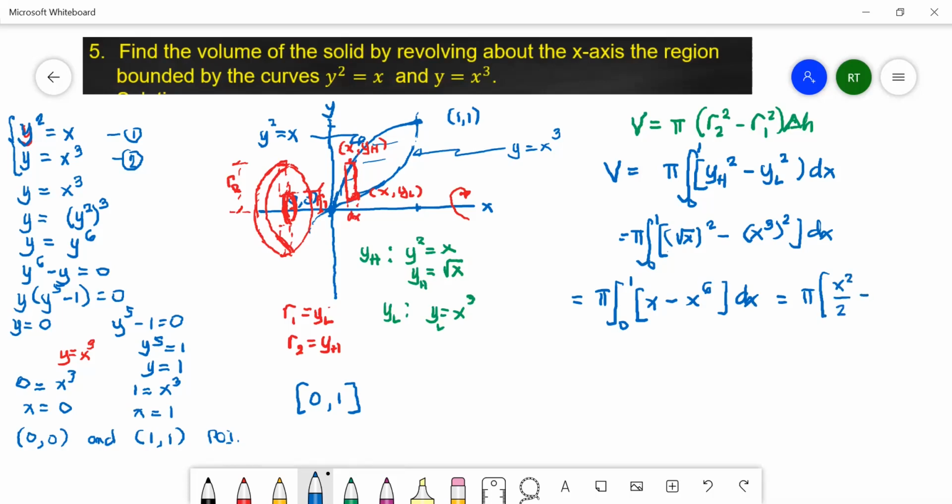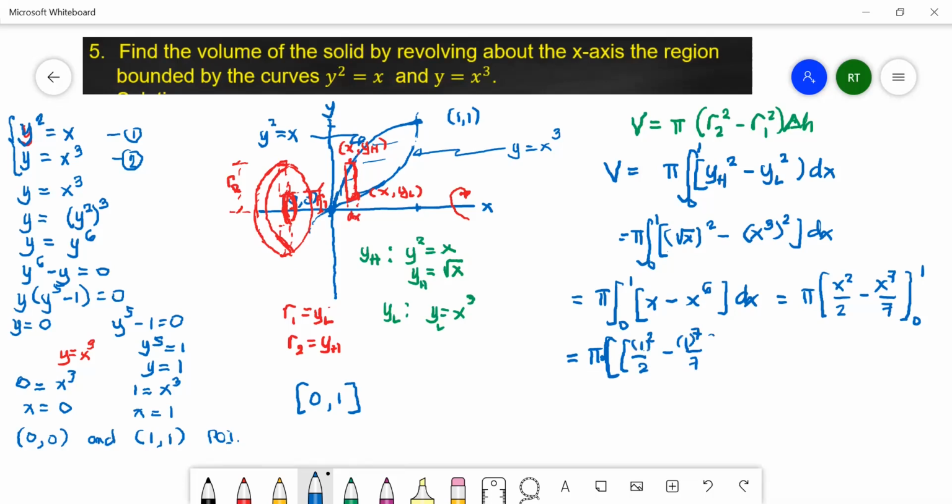And evaluating the integral gives us pi times the integral of x dx, which is x squared over 2, minus the integral of x to the 6 dx, which is x to the 7 over 7. Okay, and we have to evaluate this from 0 to 1. Hence, volume is equal to pi times the value of the integral at the upper limit 1, which gives us 1 squared over 2 minus 1 raised to the 7 over 7,